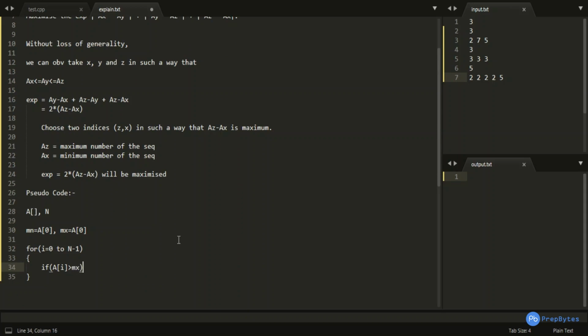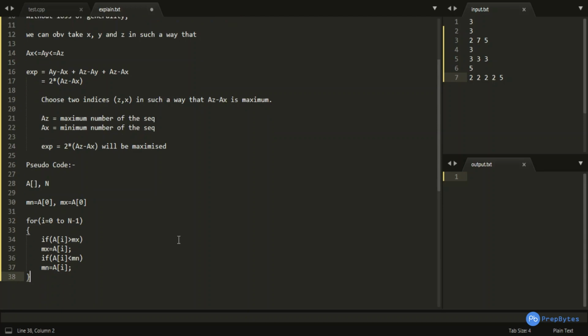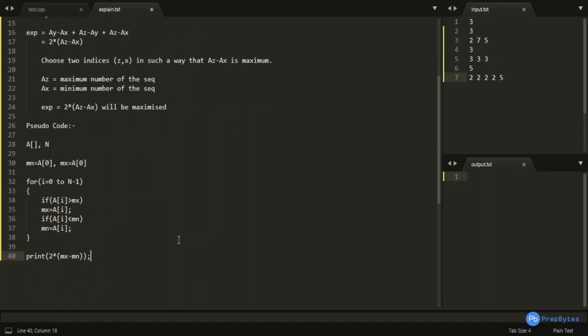If it is greater than mx, then I will make mx as ai, and I will do the same for mn. If some value is lesser than mn, then I would make mn as ai, right? So in this way we have got the mx and mn. We will just now print this particular expression. This would be my answer, mx minus mn.